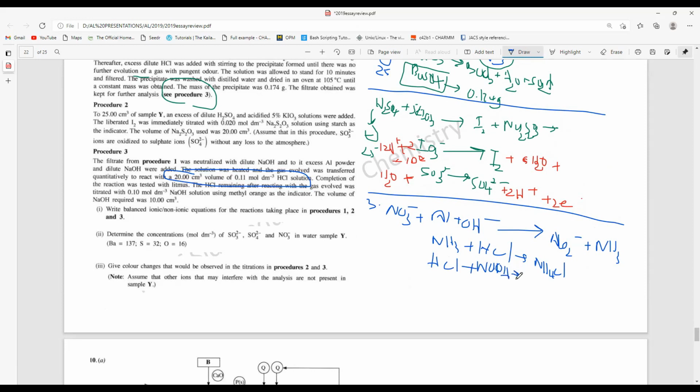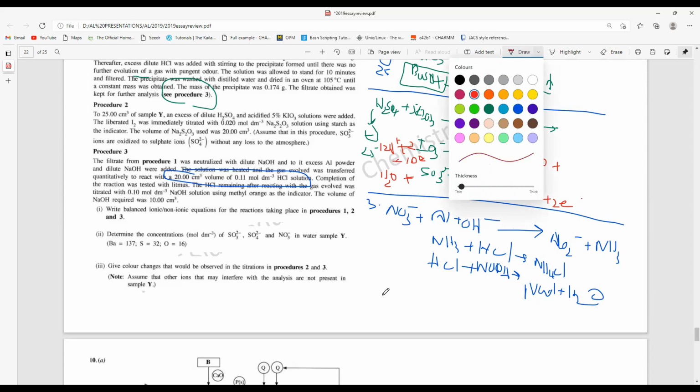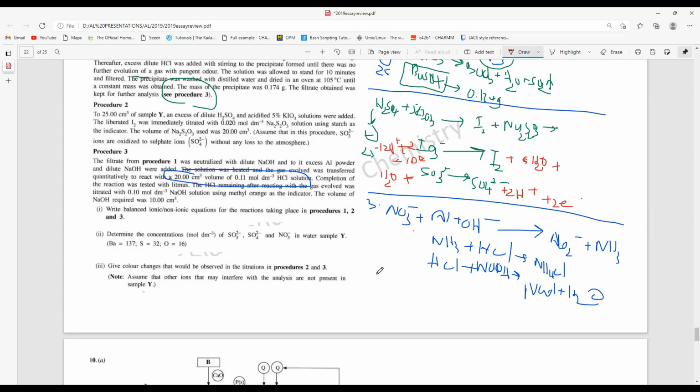Okay, NaOH to give NaCl plus water. Okay, these are very simple things. Now, how do you balance this one? If you have very little knowledge, I can give you what is actually happening in the basic form. Basically, NO3 minus